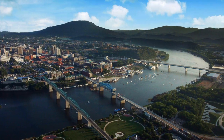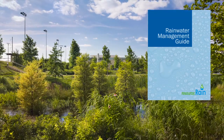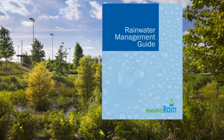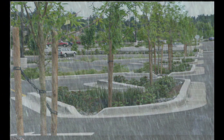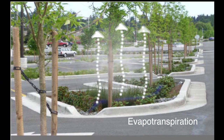The City of Chattanooga has developed the Rainwater Management Guide to provide a comprehensive tool for the developer and design professional to effectively and efficiently meet required rainwater runoff standards. As part of this effort, the city has sought to partner with stakeholders willing to create public demonstration projects on their property. In exchange, these private businesses and landowners receive design services to help to incorporate the stormwater management designs